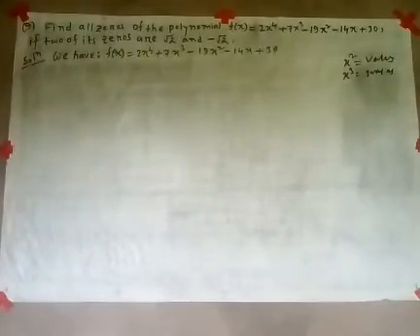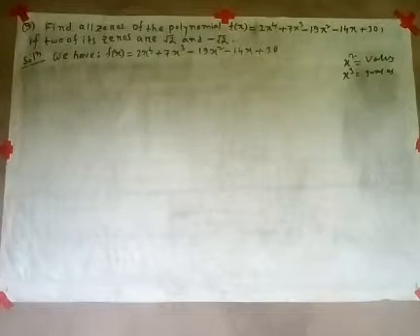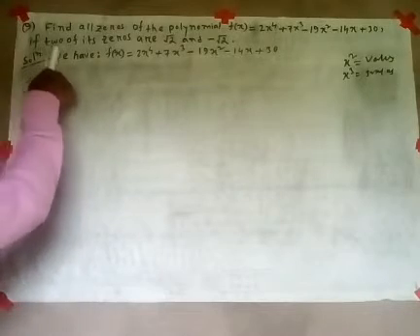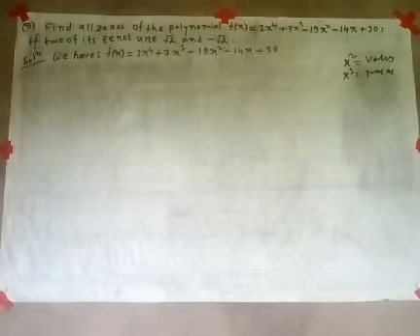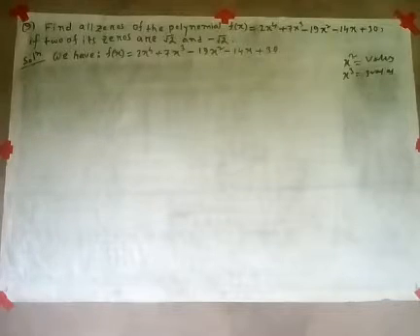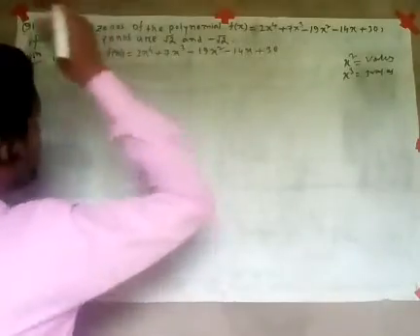Similarly, here in this question also the maximum power of x is 4. It means we will get 4 values of x. But in the question two values are given, root 2 and minus root 2. We have to find two more values of x. Then we will get all the values of x, and then we will get all the zeros of this polynomial.